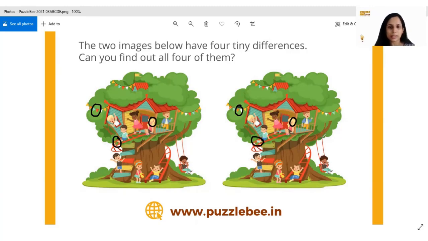So far we have found 3. Let's take a look at the other kids perhaps. Black t-shirt, blue pant, red shoes, black t-shirt, blue pant, red shoes, nothing different there. We can look at these boards here. It's perhaps yellow, blue, red, yellow, blue. Yellow, blue, red, yellow, blue. Okay, so all 5 are in the same colors in both the images, so nothing different there.